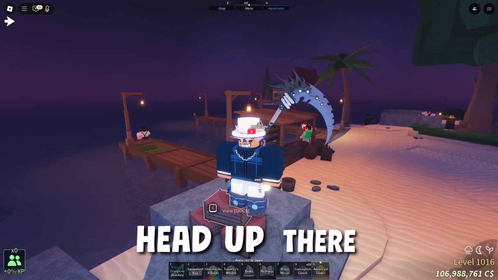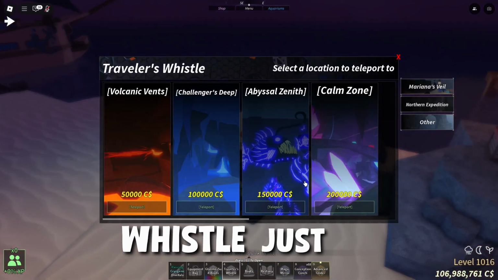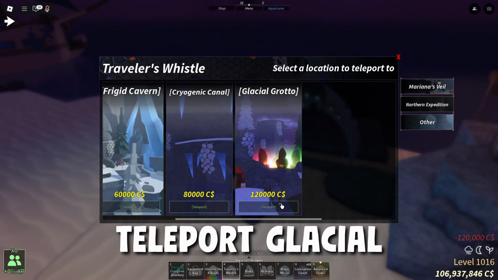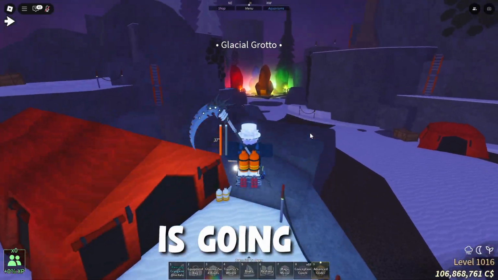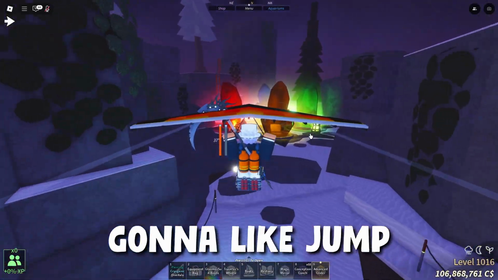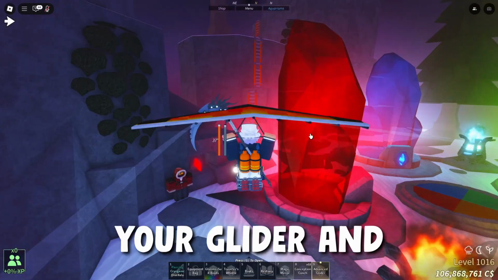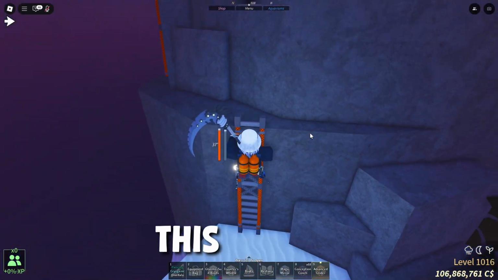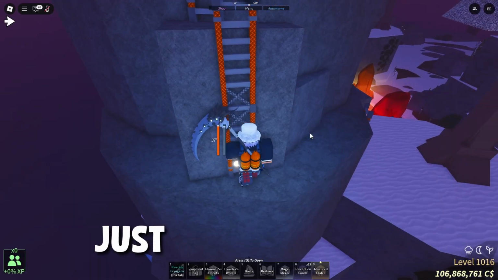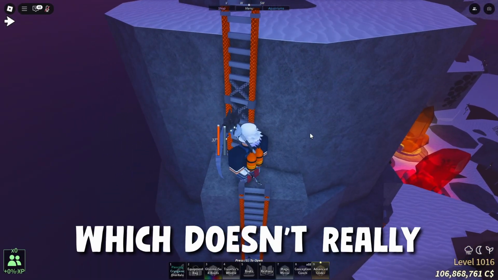Now we're going to head up there. I'm going to use the traveler's whistle just to get up there and make it faster. Teleport Glacial Grotto. Boom. Come on over. We're here. Now the quest is going to be this way. You're just going to jump around, jump to use your glider, and head this way. I'm going to climb up this ladder. I think this ladder literally just doesn't work for some reason, which doesn't really make sense, but